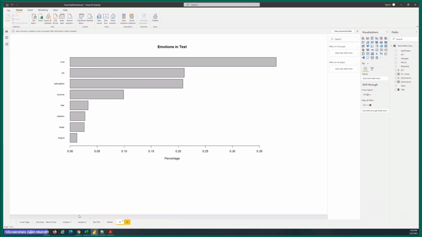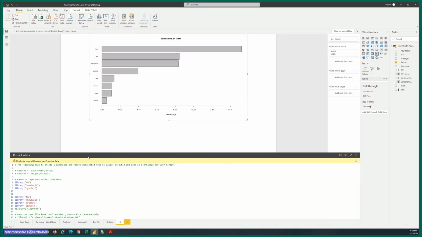But let's take a quick look if our R script has run. Yes, our R script has run. And let me click on this. So when you click on this visual, you'll notice that the R script editor has popped up at the bottom of the screen. So that's where you can put your R script. How do you create this particular page?